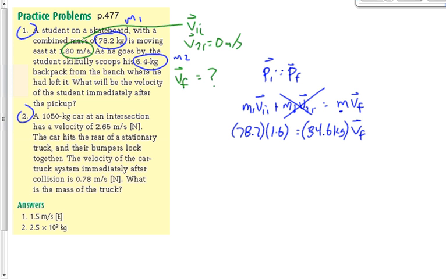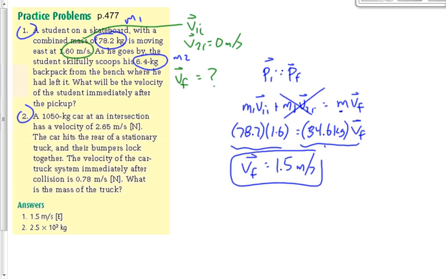Okay, so if the momentum here is the same as the momentum here, and the mass is bigger over here, then the velocity's got to be smaller over here, right? And mathematically, we do that on our calculator. We find that, sure enough, it is. Not that much smaller, because the mass isn't actually that much bigger. But it's a bit bigger, so the velocity is going to be a bit smaller.